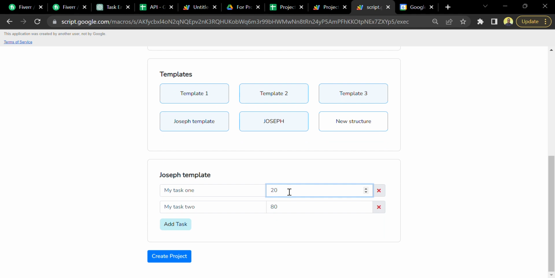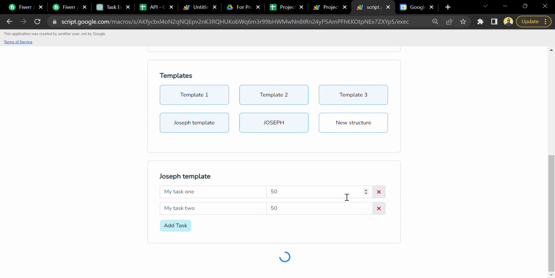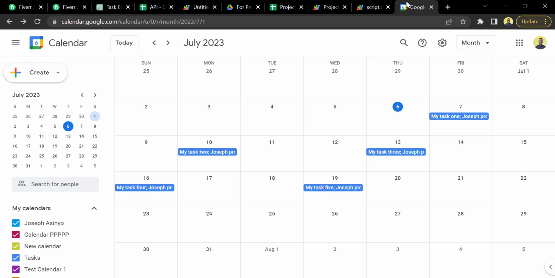Okay, let's take something much easier. 50-50. If I create it, now I have a project, an event here and an event on the last day, and this